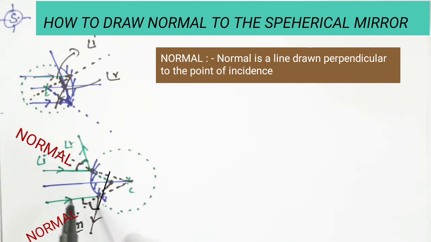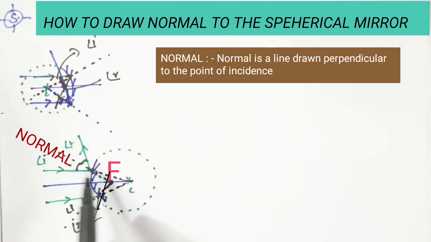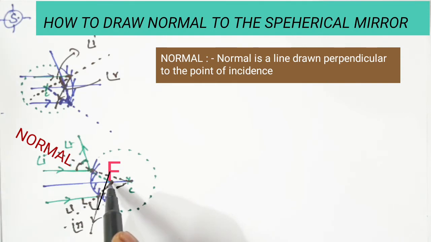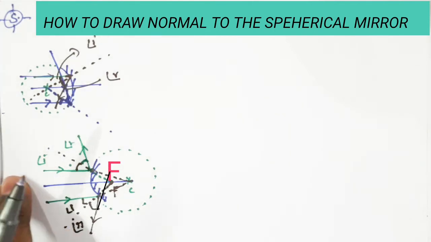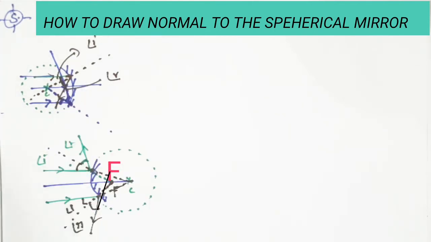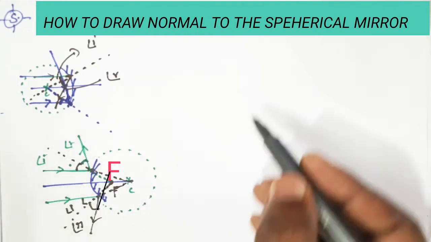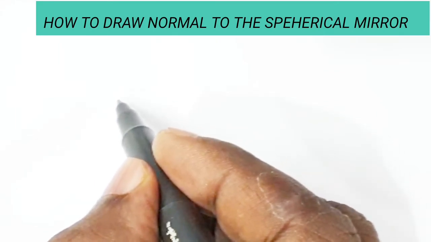That means you know very well, the convex mirror is a diverging mirror. It will diverge like this, but the parallel rays will converge at this point. This is called the focus. Here, I have explained to you how the incident rays reflect under the phenomena of incident ray and reflected ray. It is decided by the normal here. Have you got how to draw the normal? Please concentrate on that one.